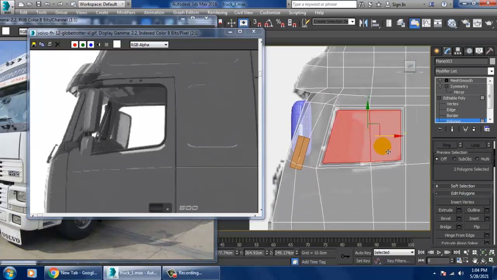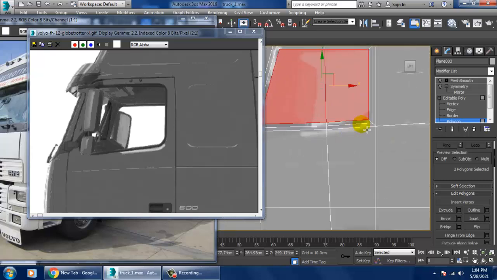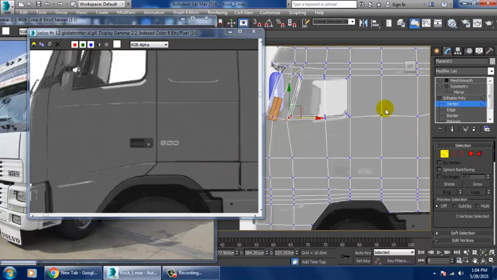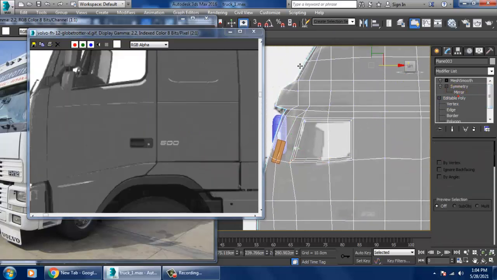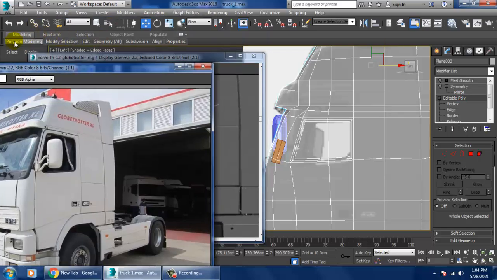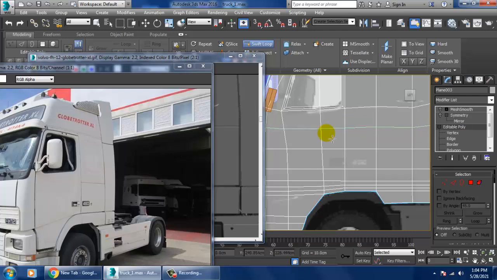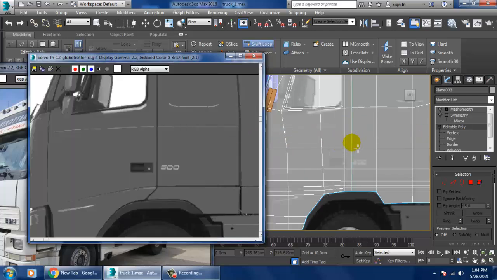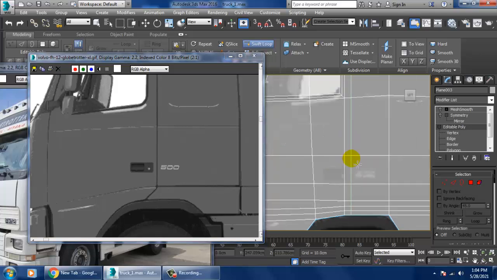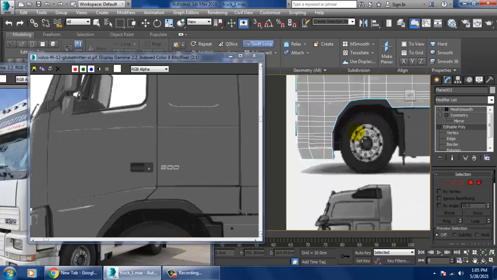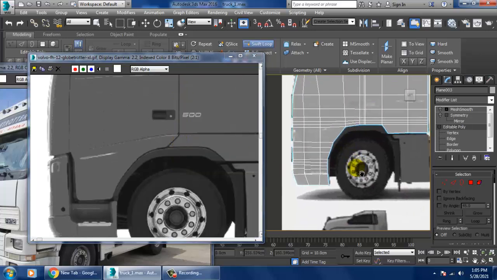Whatever details will be required, we'll go with those details. Same thing here, we'll be assigning some swift loops for the doors also. That is a detail we'll do afterwards. Okay, much better.